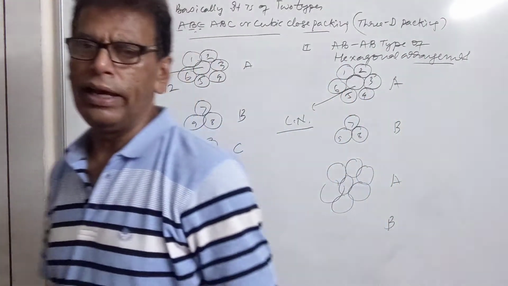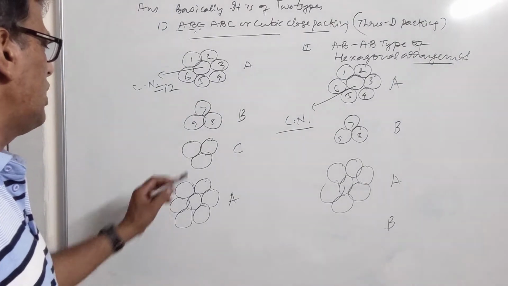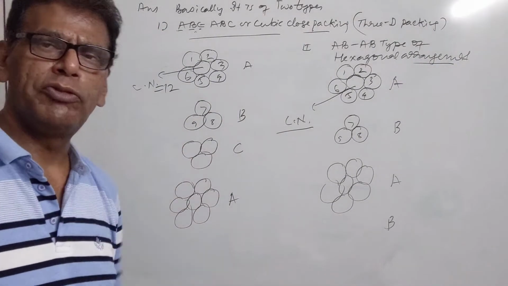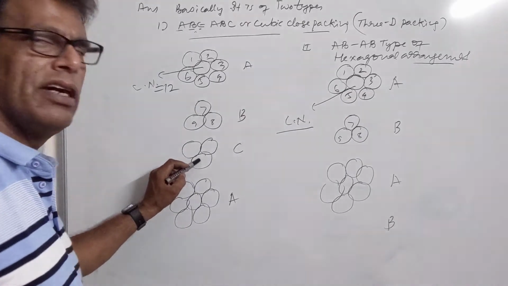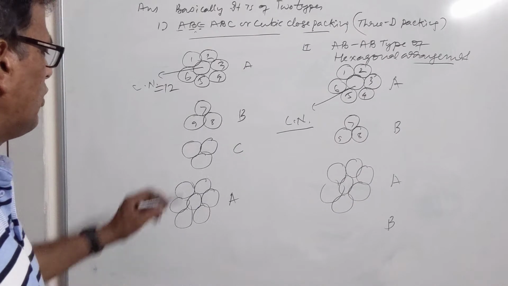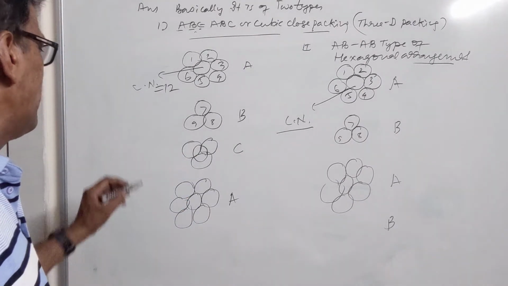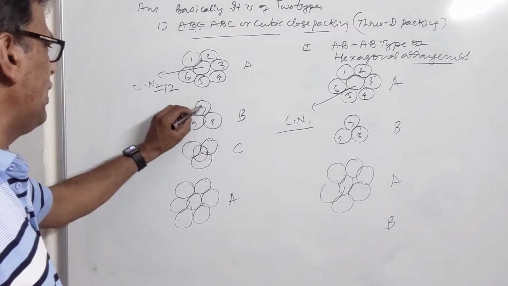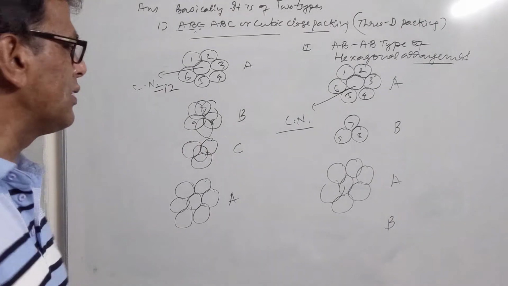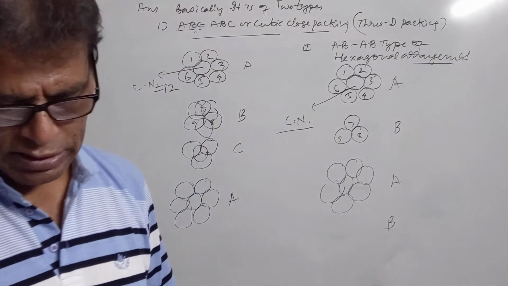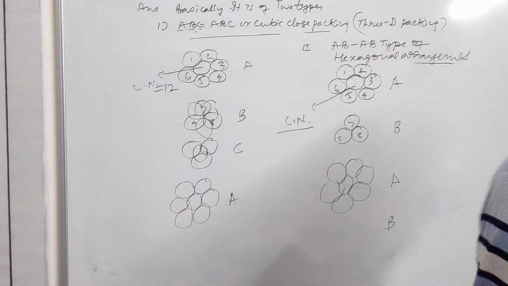तो ये दो तरह की बेसिकली पैकिंग है। उसके बाद voids के बारे में हम थोड़ा जान लें। Voids, these are the empty spaces left in between the spheres during packing. If a void is covered by three spheres, as this void is there, it is called a triangular void. If a void is covered by four spheres, that is called a tetrahedral void. If void is covered by six spheres, जैसे ये है, इसी तरह तीन sphere ऊपर बनाए जाए, तो सिक्स स्फीयर से जो void covered होता है, that is called as octahedral void. तो इसके साथ साथ हमें voids के बारे में भी थोड़ा आइडिया लेना होगा. We have taken that idea.